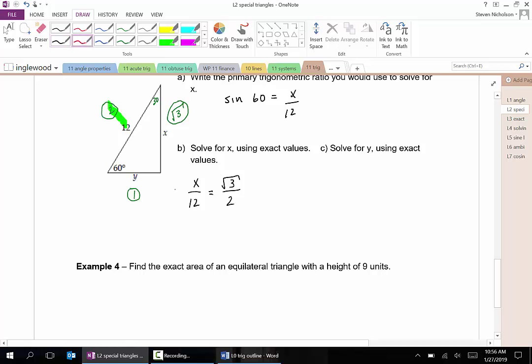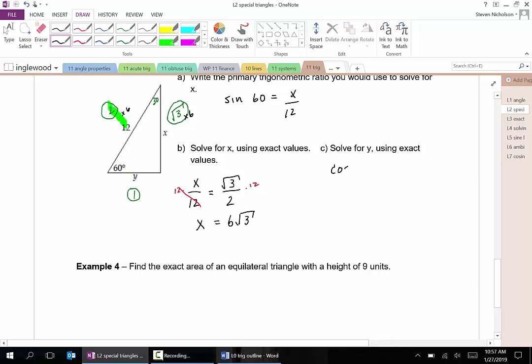So the way we would solve it is we'd multiply both sides by 12 to isolate x, and we get 12 root 3 over 2, which is 6 root 3. And again, if you use this times 6 ratio right here, well, this also has to be a times 6 ratio, and that's what I mean by there's more than one way to solve it, but we're looking at this exact value. So if we go ahead and solve for y using our exact values,